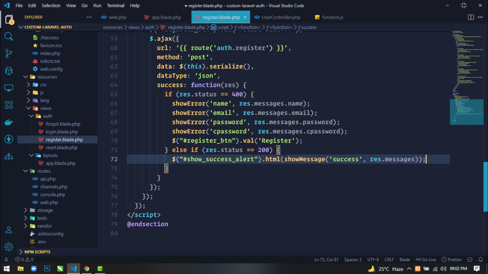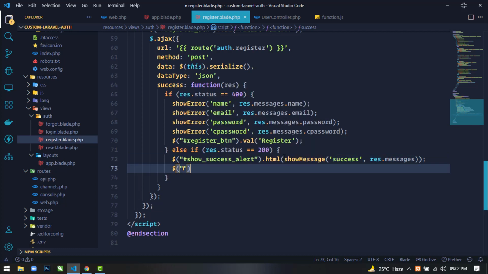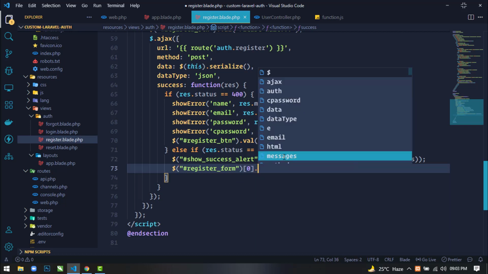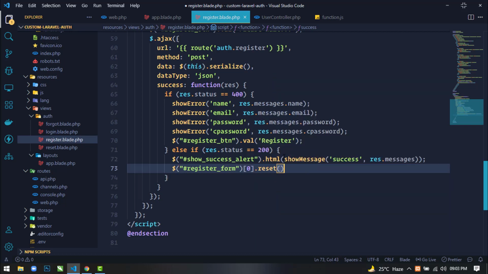Next we will select the register_form, and we'll reset the form after form submission.